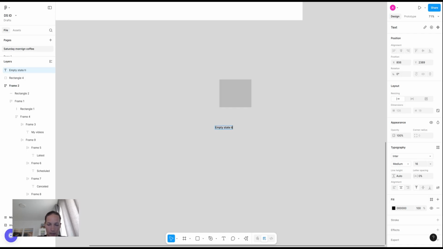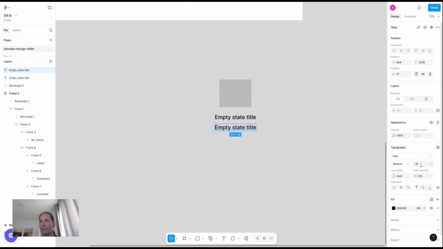Empty state title, let's say 32. Okay, something like this. Then we would need a text describing what this is all about, like some tips how to start